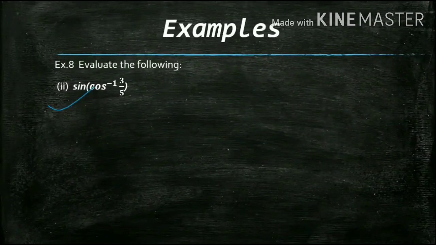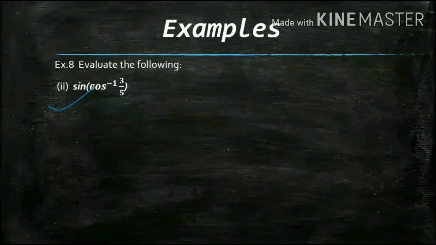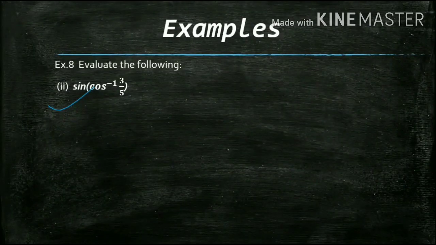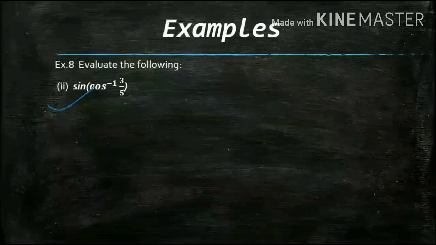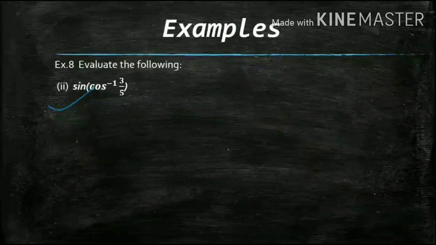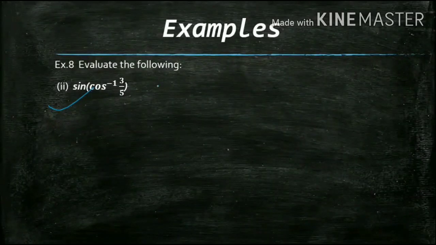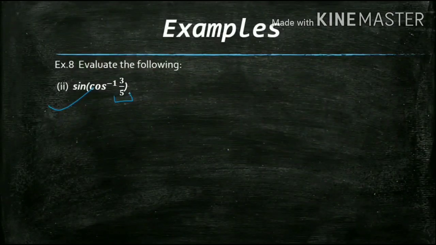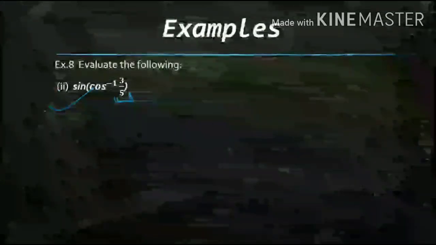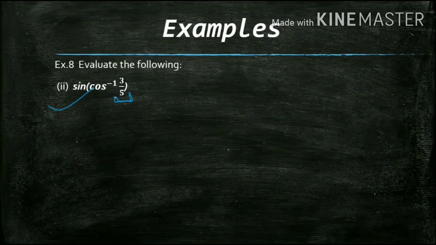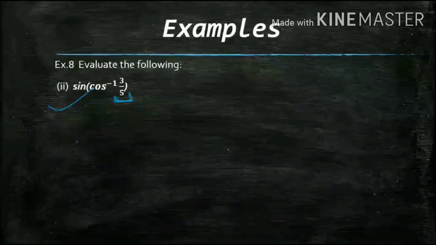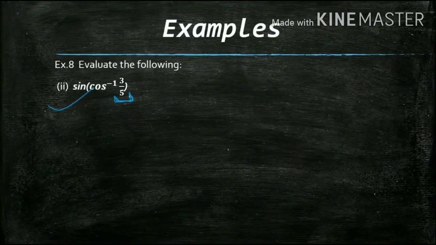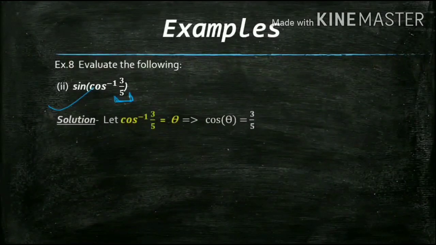Now it is sine of cos inverse of 3 by 5. So you must be wondering that I have not told you any formula for this. I have told you for sine inverse sine and sine of sine inverse, but there is a sine of cos inverse. How to do this? Well, these are another type of questions that usually come in the board examinations, and we'll look at these. Very easy questions these are.